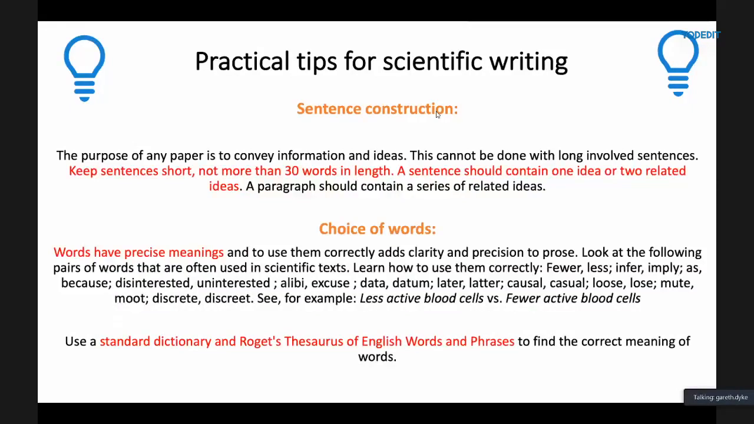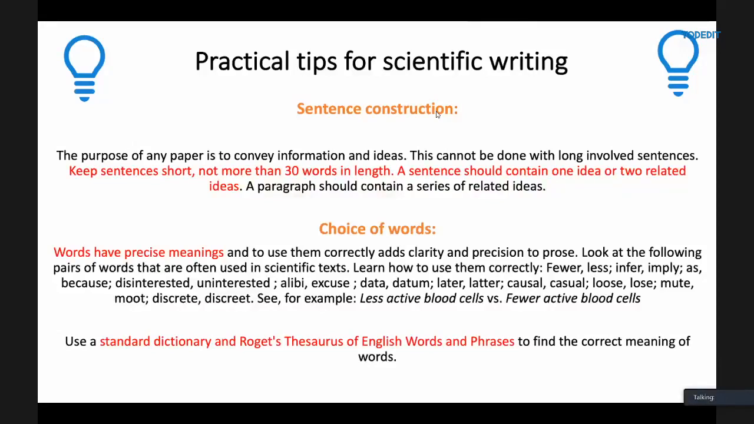Sentence construction and word choice. We've talked about this quite extensively in this presentation this evening. The purpose of your articles is to convey information and ideas. This can't be done with long sentences. They need to contain one or at most two related ideas. And your word choice